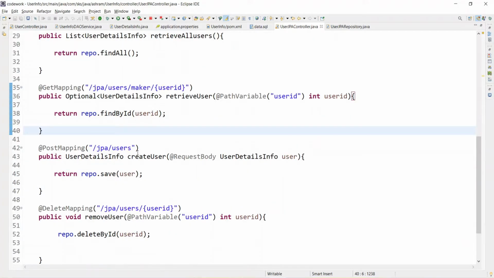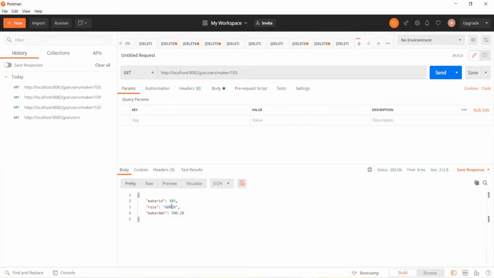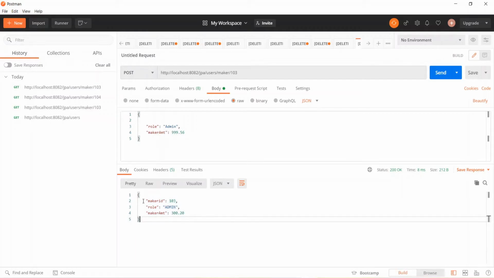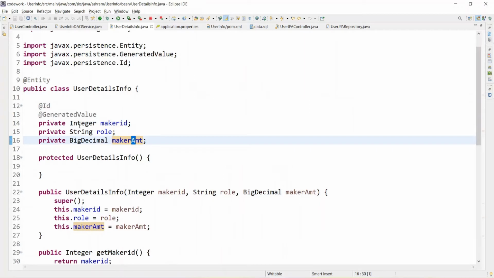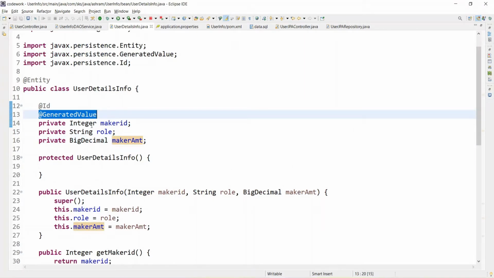So now see the other one. If you want to create a user, how will you do this, right? So copy this, Control C. You need to use the post method. Go to the body part, and in the body you don't need to write the user ID because we have created an annotation generated value in our entity class. This will be taken care of by the generated value. You can give a start or end, but by default it will start from 1.